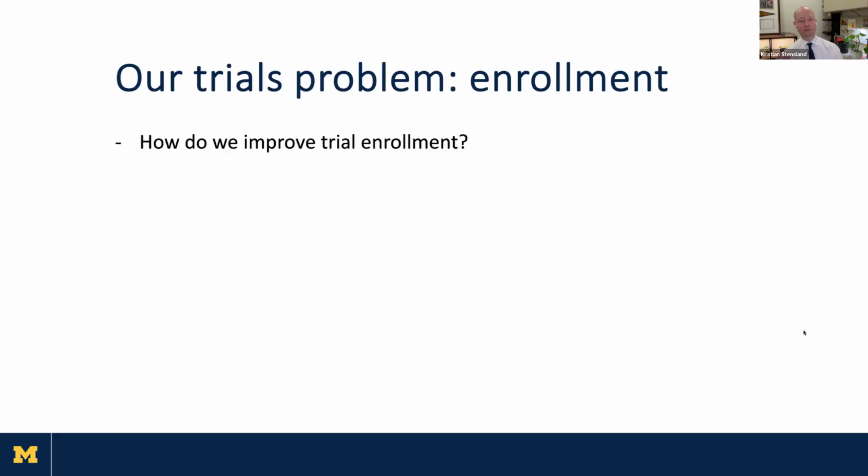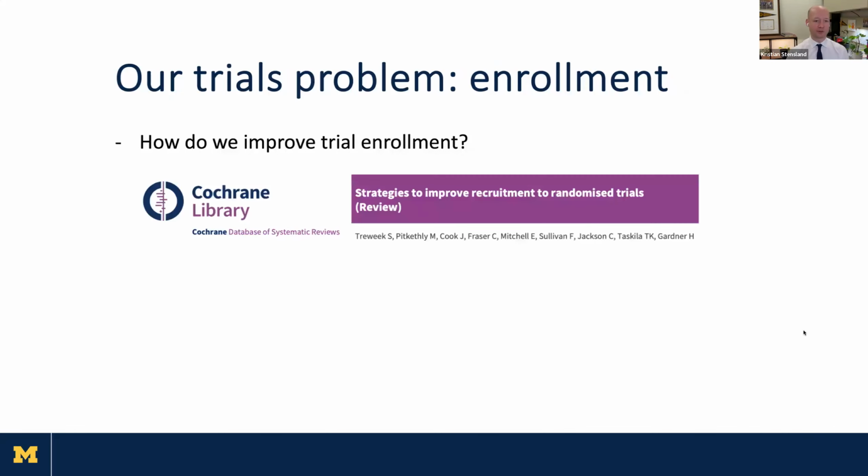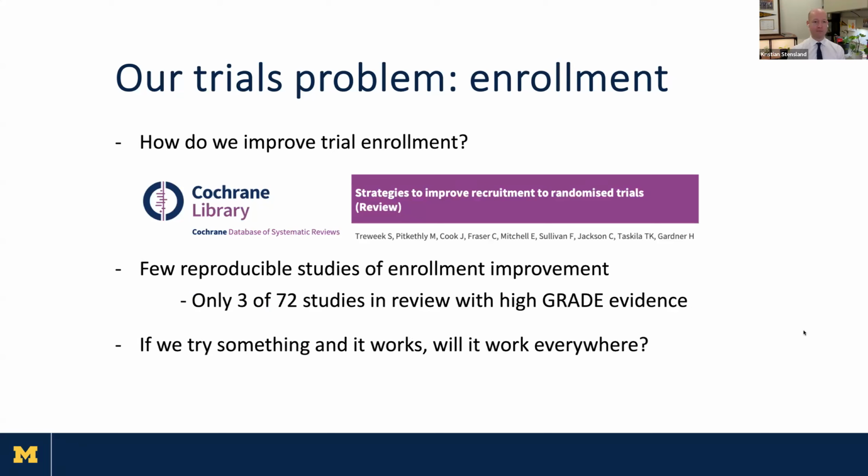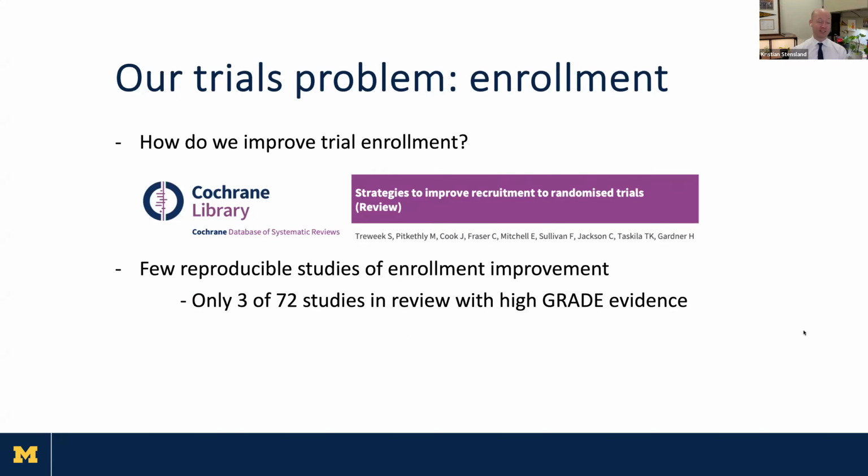And you may be thinking, oh, if this is such a big problem, why have we not addressed it before? What is the existing literature and research on this? There's a great Cochrane review from a couple of years ago on strategies to improve recruitment to clinical trials. Unfortunately, there are few reproducible studies of enrollment improvement, and only 3 out of the 72 studies highlighted in this review had high-grade evidence. And one of the issues with this, particularly for applying to cancer clinical trials, is that some of the recommendations for the things that worked wouldn't necessarily apply to what I need to do for a randomized clinical trial. For example, having an open label trial was highly effective in increasing enrollment, but if I need to do a blinded placebo-controlled trial, it's not going to help me